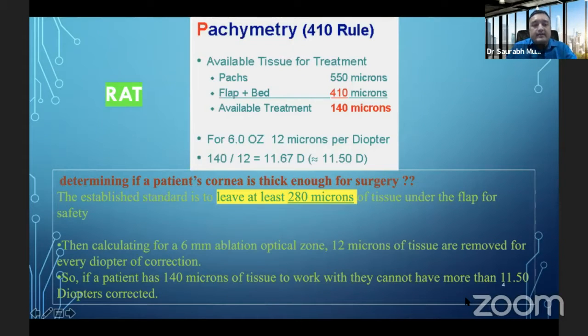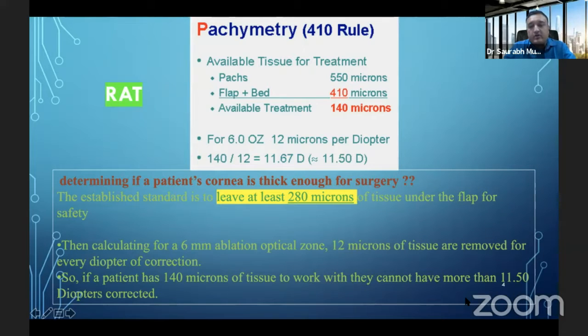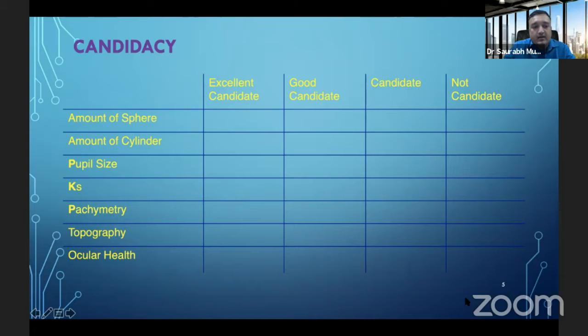First we start with a basic thing: the entire LASIK preoperative workup revolves around these three things. I call it a RAT, which sometimes becomes a trap. R is residual corneal thickness; one has to calculate how much they have to leave. A is for ablation, the amount of ablation and the zone of ablation, and T is the thickness available on which we decide the flap size. So we will be evaluating topographic pearls or nuggets in topography, not solo, but in combination with refractive error, pupil size, K readings, thickness, ocular health, and try to decide who are good and who are bad candidates.